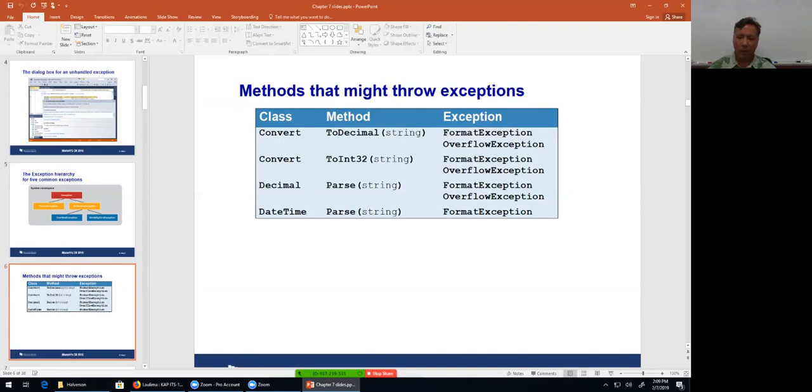Or actually, a format exception would be you have a date time, and you're expecting a certain set of characters, and you get something that's not expected. The first example I used would not be an example of that. All right, so